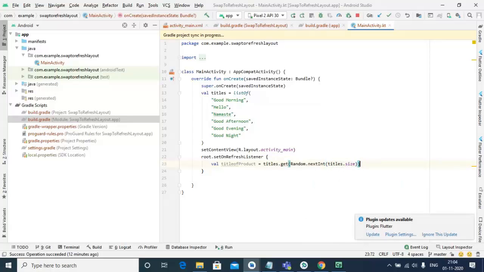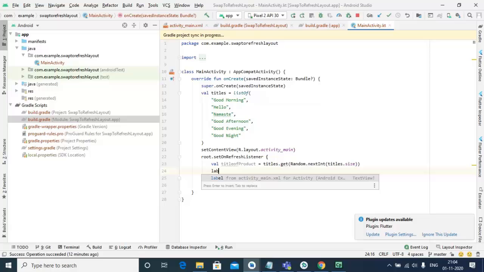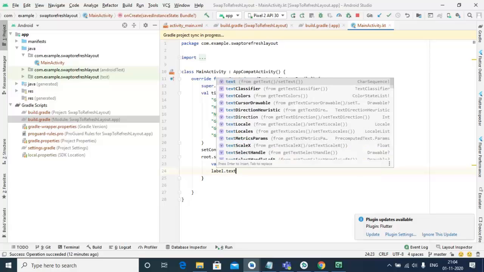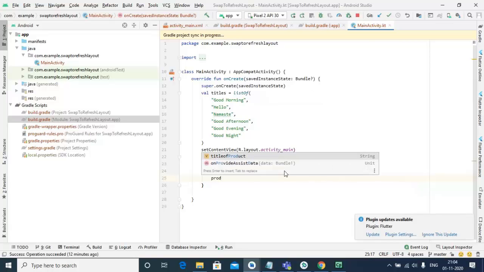Okay, and here you will use our label text is equal to title of product,